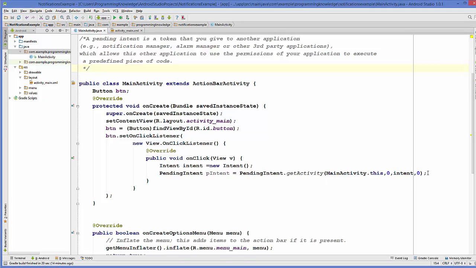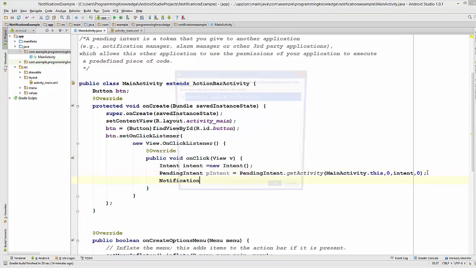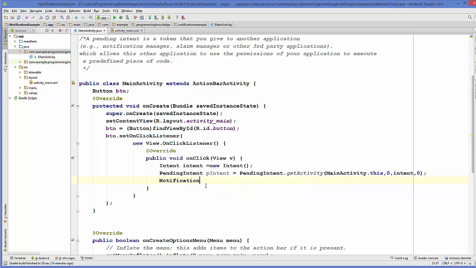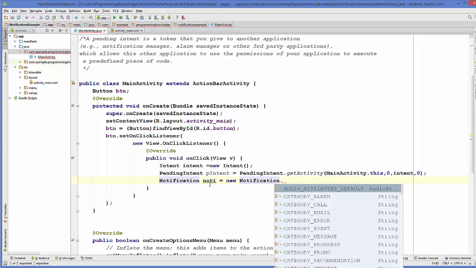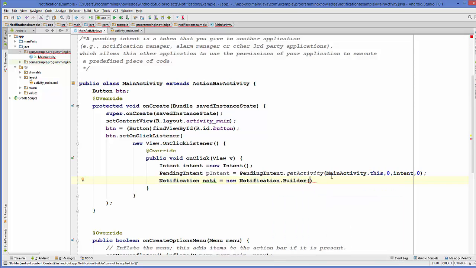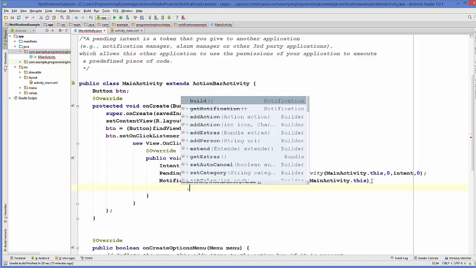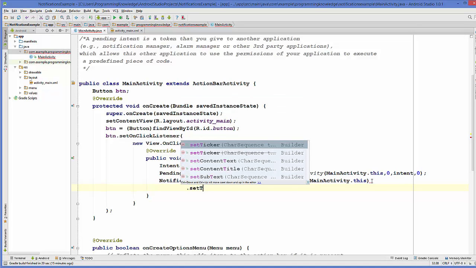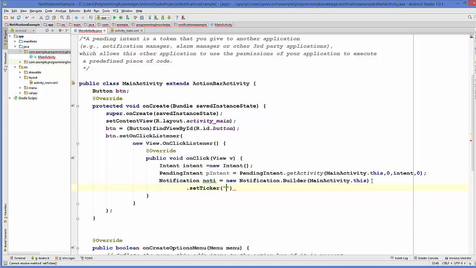Now I'm going to create my notification object, so notification, and I'm going to include my import, and I will name it as noti for example, is equal to new notification dot builder, and this builder will take the context. So I'm going to just copy this main activity dot this, and then you can add some attribute to this object, for example dot set ticker, and this is your ticker name, for example ticker